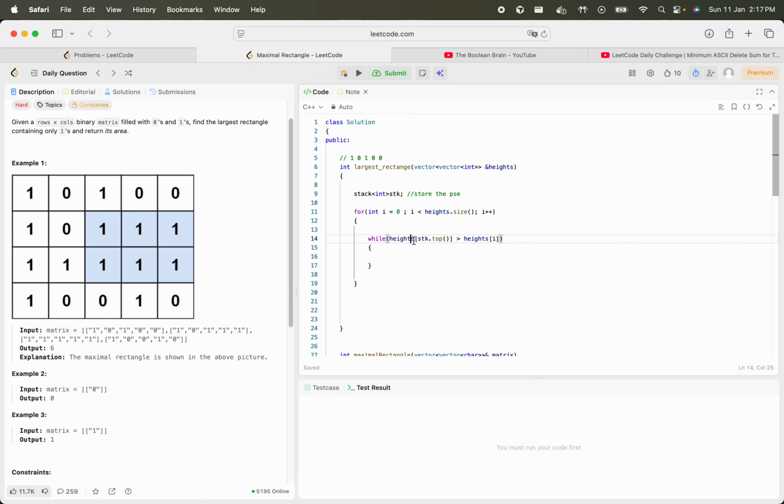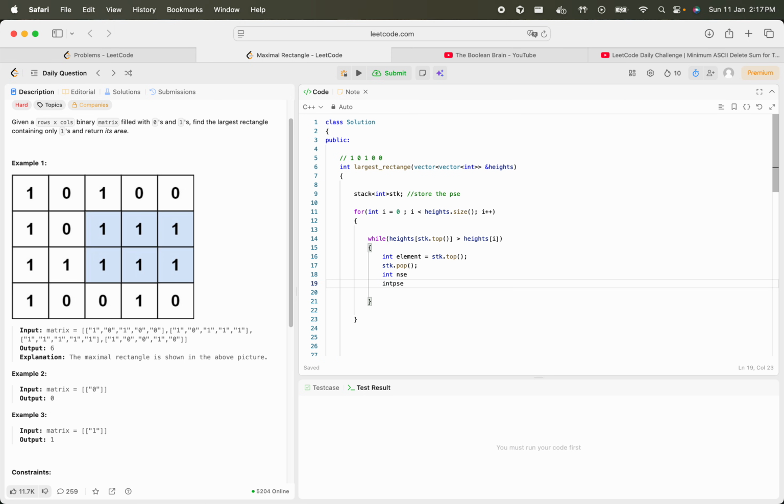So whatever large elements are present at the top, I need to pop them out. And for each popped out element, I can find